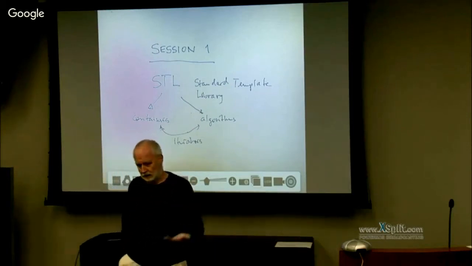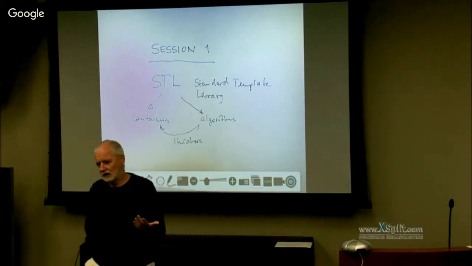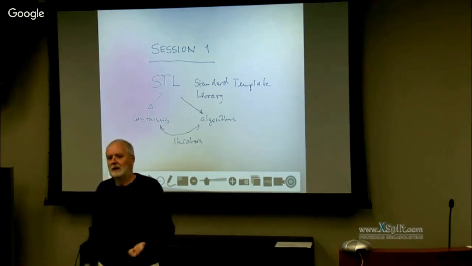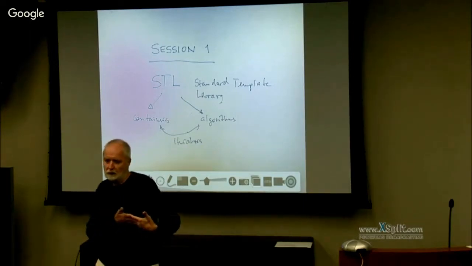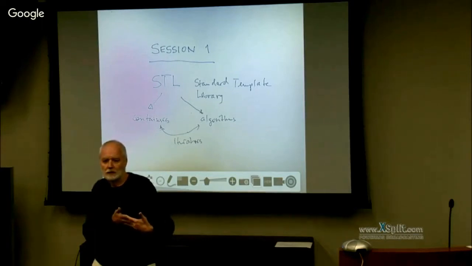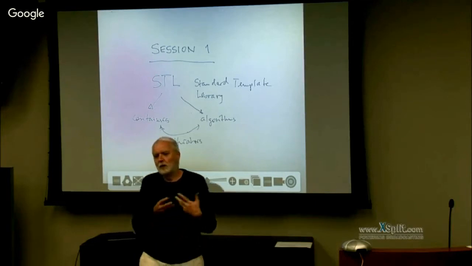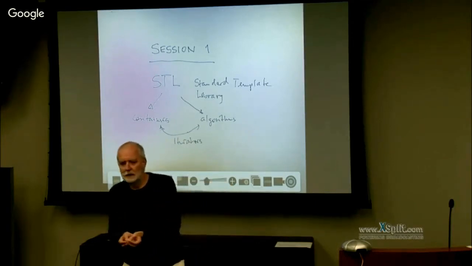You write an algorithm which works with anything which people will come up with 20 years from now. And that gives us that very flexible way of thinking about dealing with data without having to think about what is the data I'm manipulating.